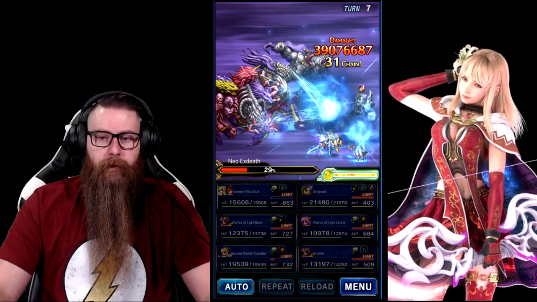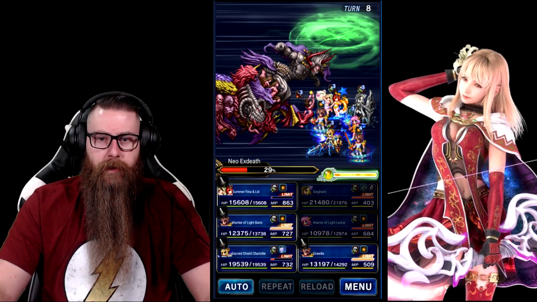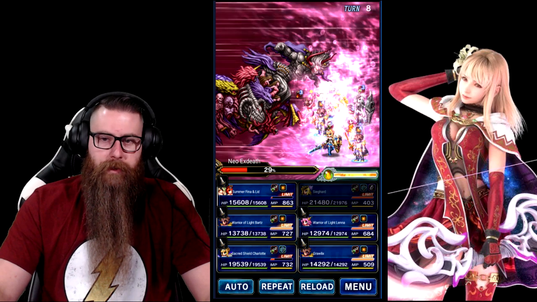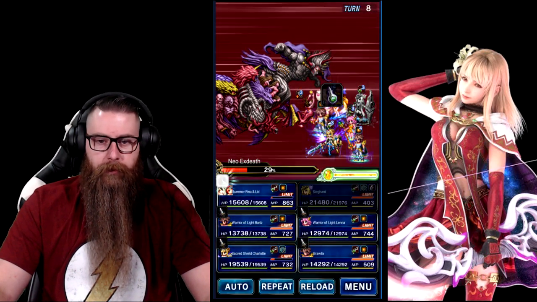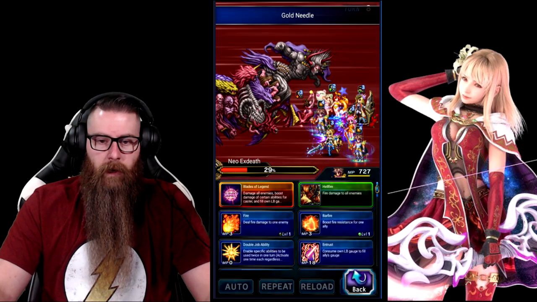There's Grand Cross. That's going to imperil our stuff. As you can see, Sieghart took a stone there. Fix that with a gold needle. Now,